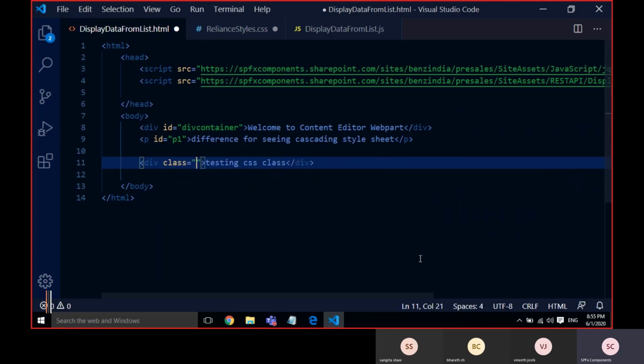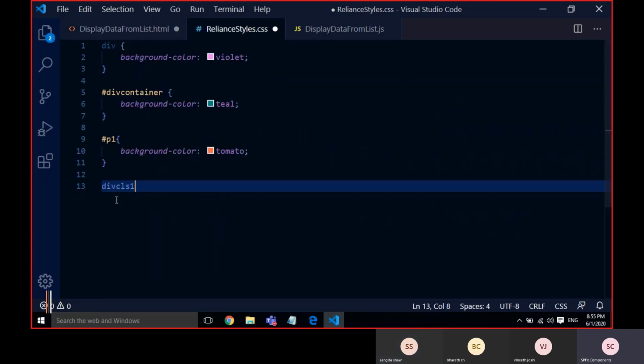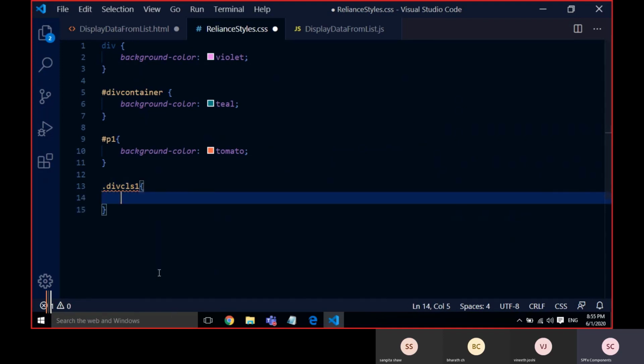A class will be written in this way. Div CLS1. If you want to apply styles based on the class, just write dot. Since it is a class, you have to use dot and your class name.